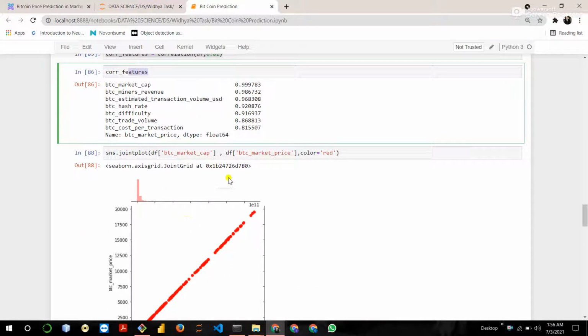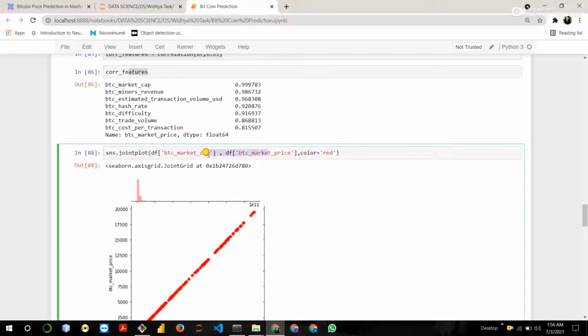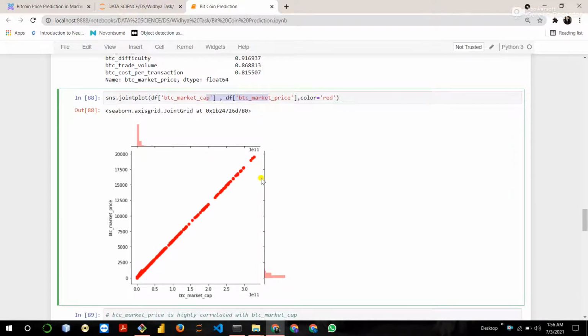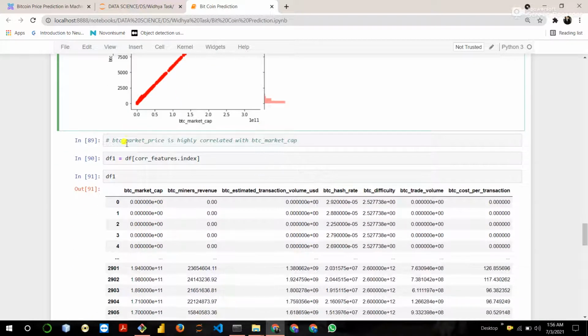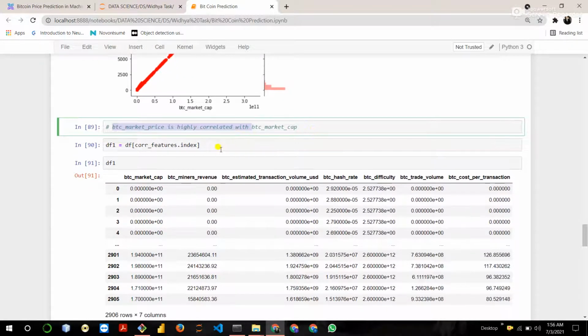Now see the correlation of target feature with Bitcoin market cap. Okay, you can see here. So Bitcoin market price is highly correlated with Bitcoin market cap. Okay.